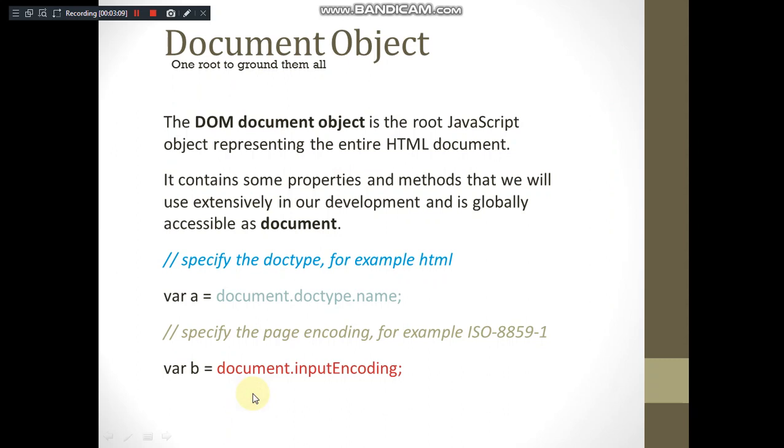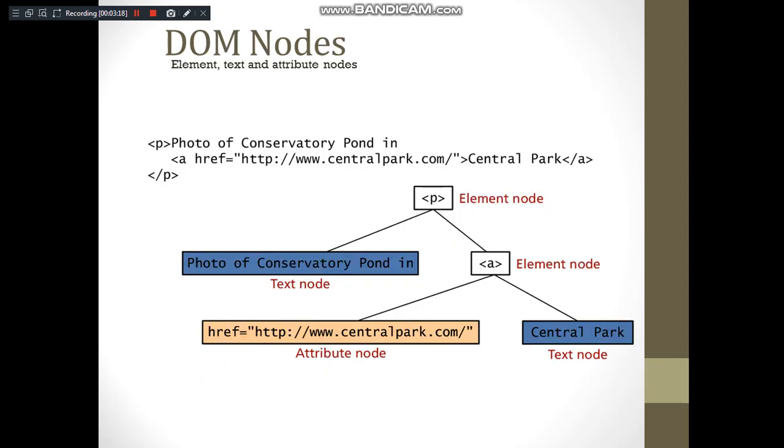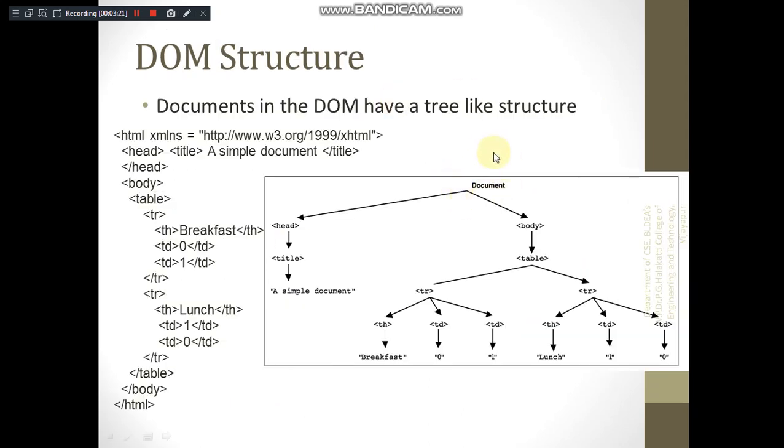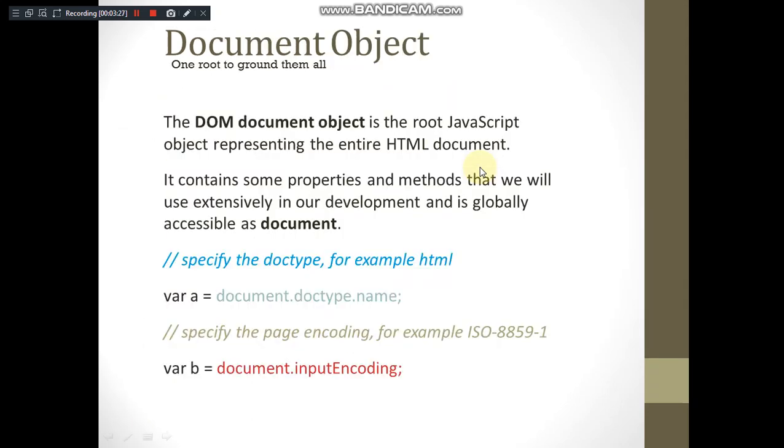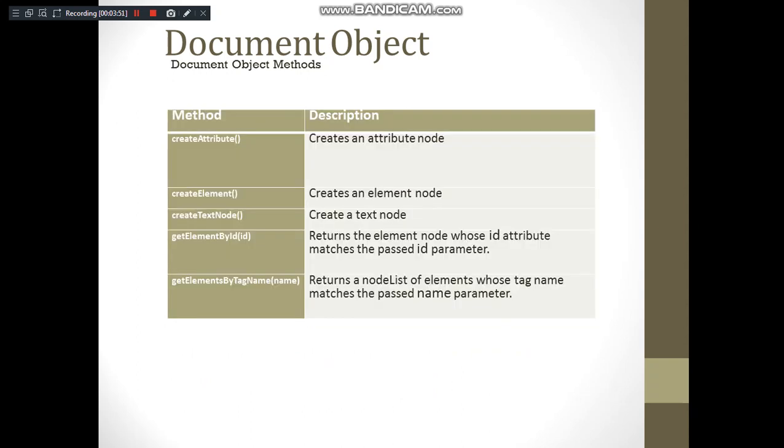So let us continue with the document object, that is the DOM object. The document is the root for every HTML document, isn't it? If I go for the DOM tree structure here, we are starting with the root node as document, right? So every node is placed inside this particular document. So indirectly, document is the root for every HTML document, and it is globally accessible as document, correct? So you can mention even the document type, name, and input encoding can be specified through this. This is the encoding attribute of the meta tag, right? So that we'll see now.